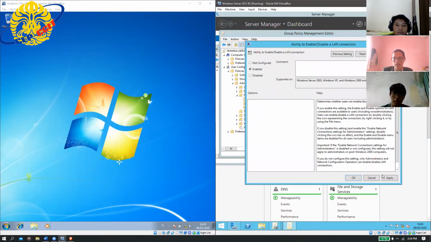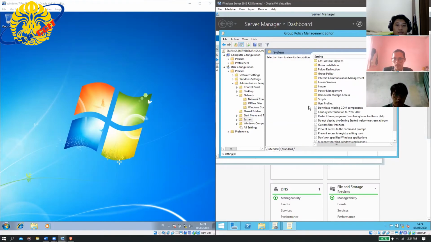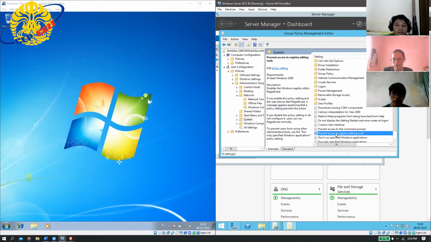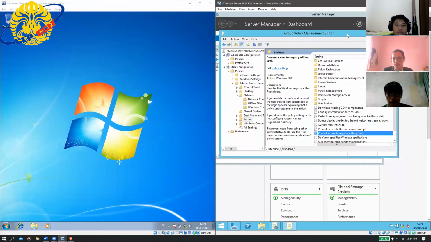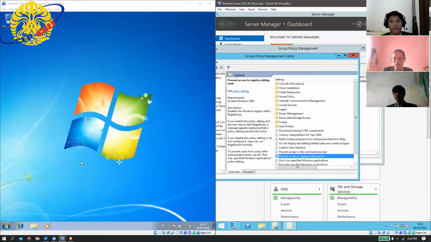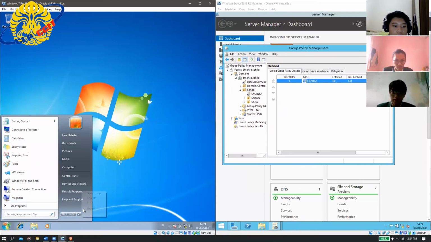Edit, enable, client, OK, and then go to system and prevent access to registry editing tools. Enable this. OK. Close the GPO management and restart the client PC.